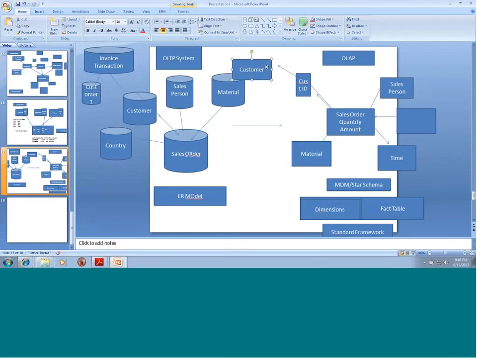So in this session, we have understood what OLTP system does, OLAP system, what are their limitations, how do they complement each other. We looked at that. We looked at what are the different scenarios where we would use an OLTP and OLAP system, and then after that we moved into the different modeling mechanisms used for an OLTP system and an OLAP system. An OLTP system uses ER modeling, which is entity relationship modeling. What did we do in entity relationship modeling? We get the business requirement. We first create a logical